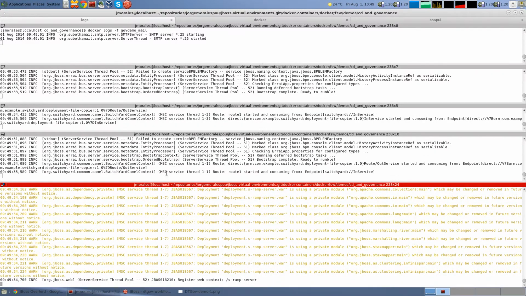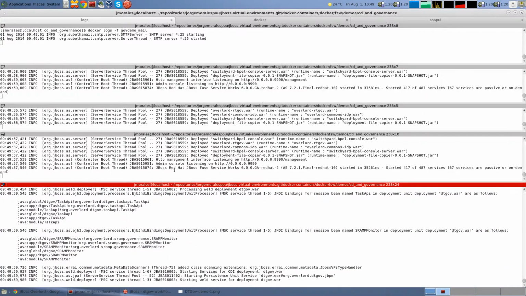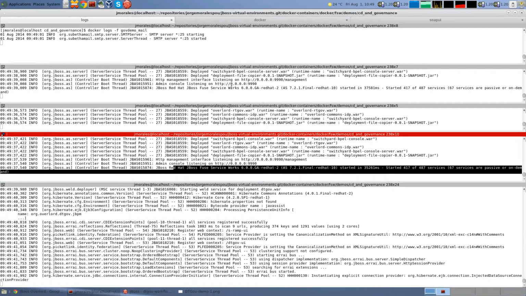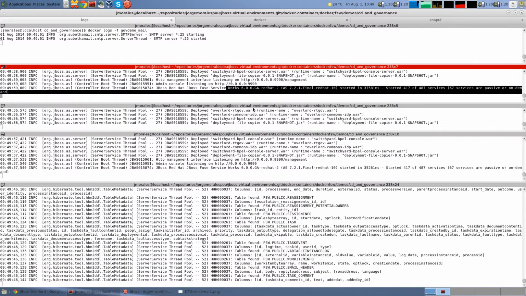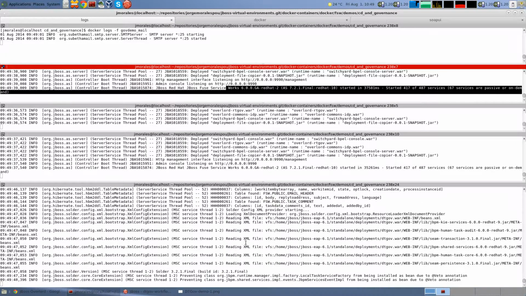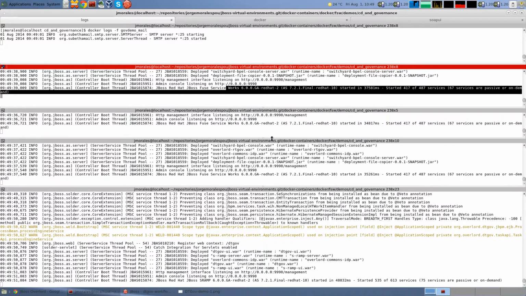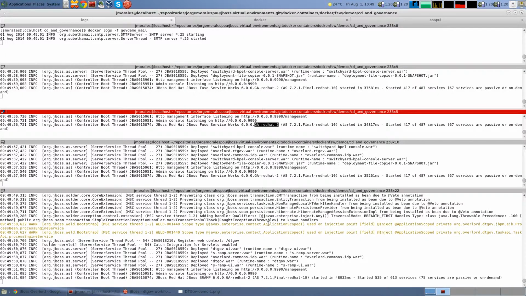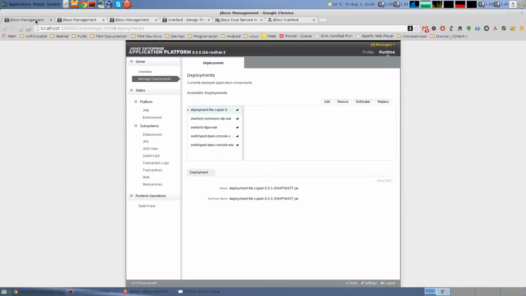Not all the ports are exposed for this demo, but you can export all of them. So this one is already started, this one is already started, this one is taking longer, and DTGov will start soon. This one is already started also, and this one is already started. So we can go to the console, you can see this is development environment, with default out of the